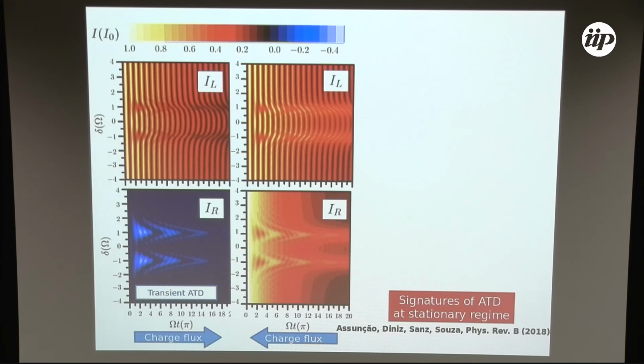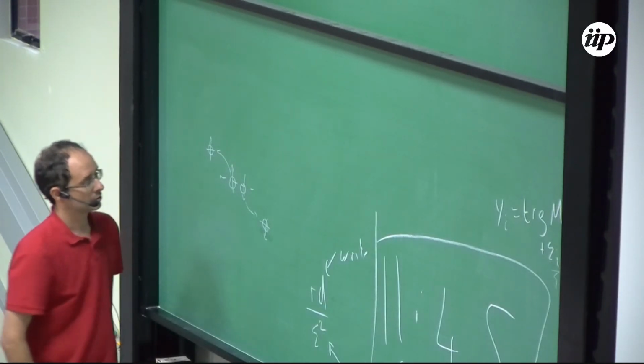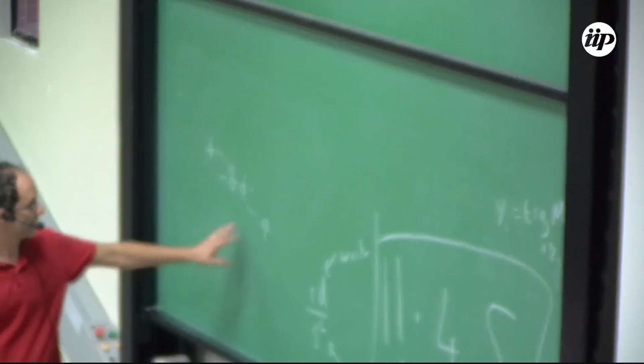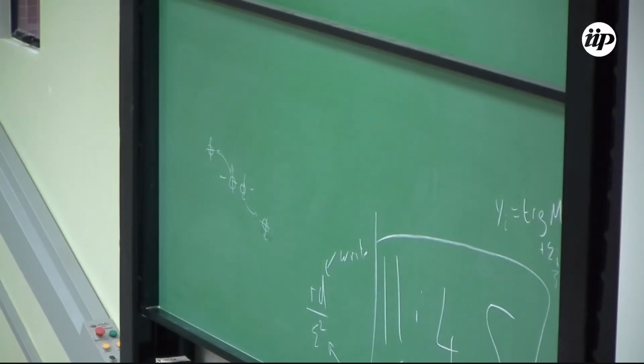Let's say you have a superconductor here, and this is the 0 level, the Fermi energy of the superconductor. Then you have a Cooper pair, here you have dot 1, and here you have dot 2. They can be split, conserving energy. This mechanism is called crossed Andreev reflection, and this is the source of current in this system.